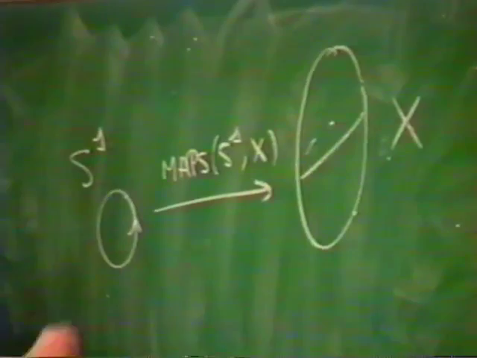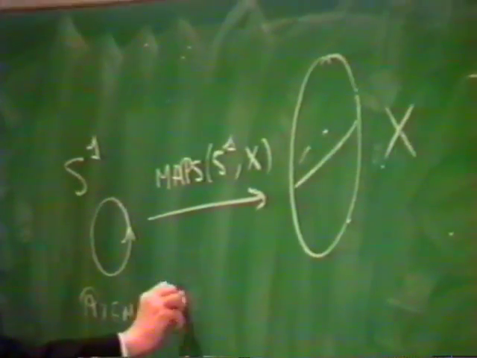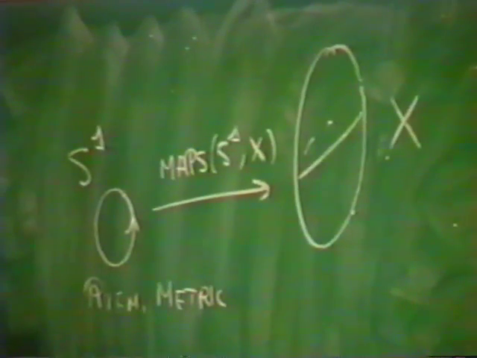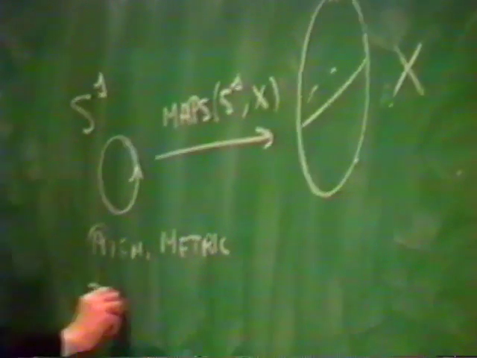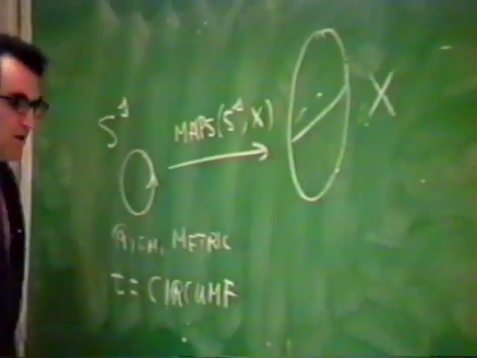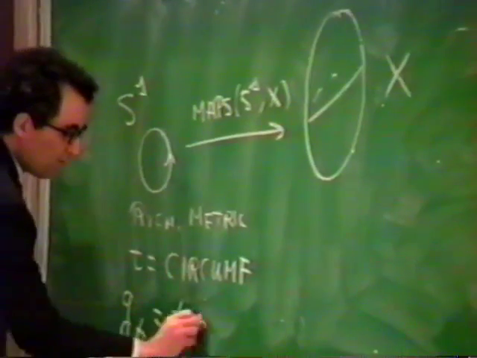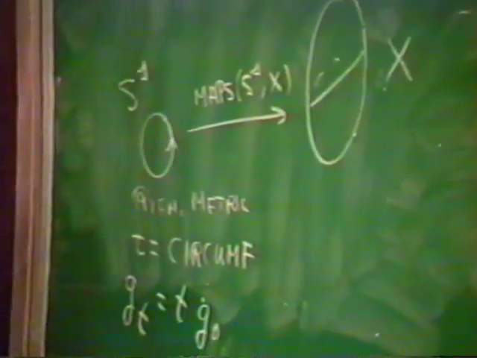And the circle has to be endowed with a Riemannian metric, as is the target. But in one dimension, the classification of Riemannian metrics is a little simple. The circumference, which is the time, is the only invariant. So our one-parameter family of deformations sees all metrics in one dimension, while in 4 dimensions it's just a particular